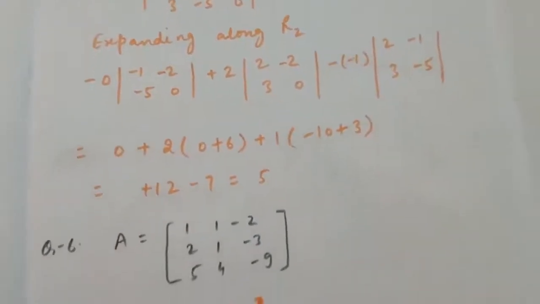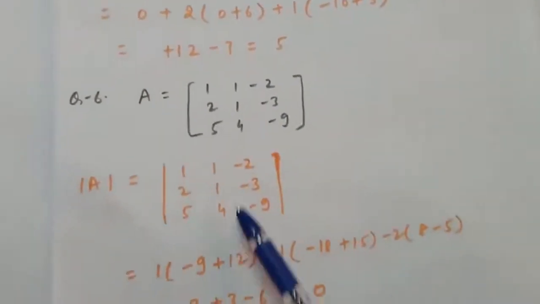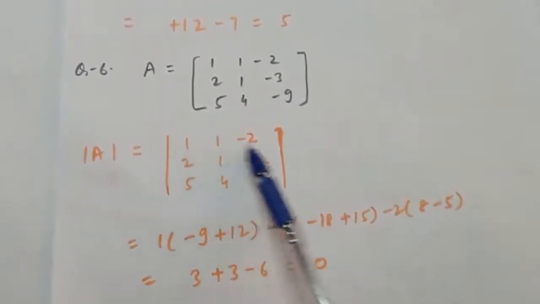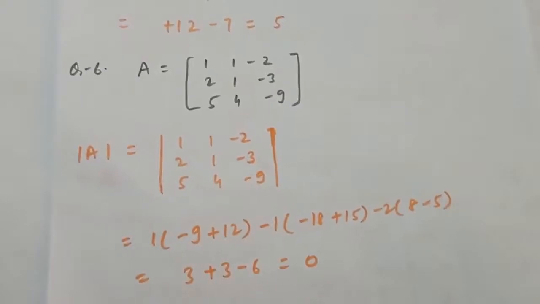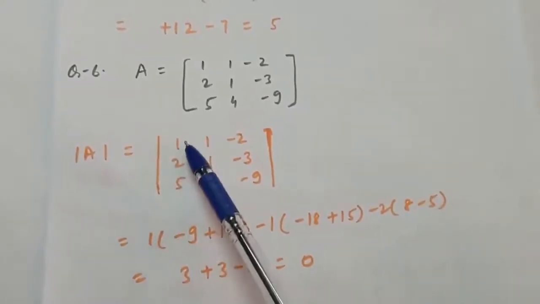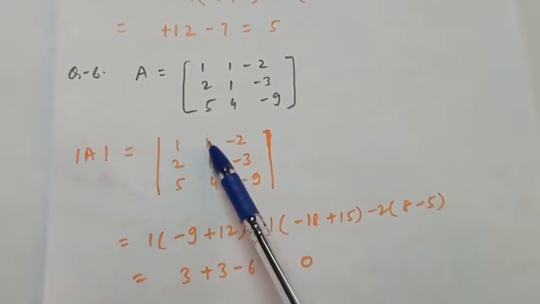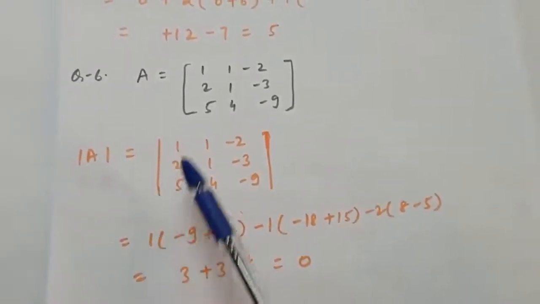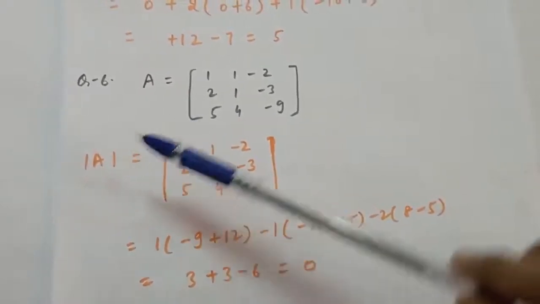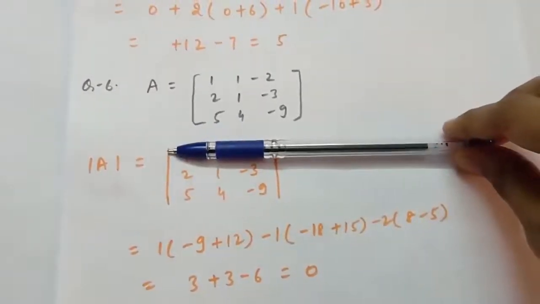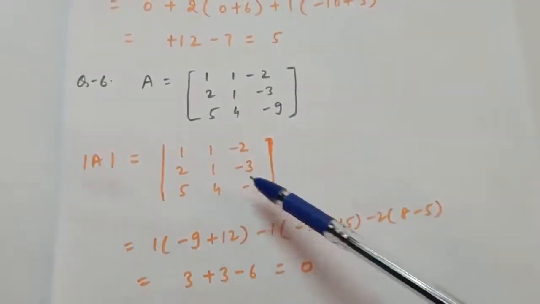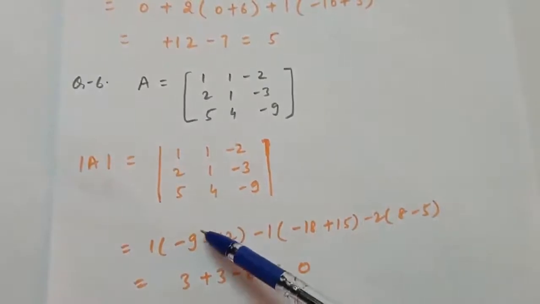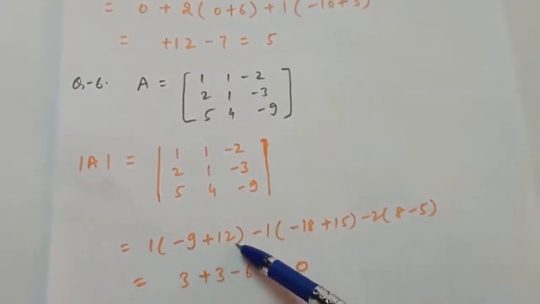Now question number 6. Find the determinant of this matrix. So determinant will be expanding it along row first. So 1, the first element will get multiplied with plus 1, second with minus, and the third with plus. So 1 into, leave this first column and first row. So you will get minus 9, and this is minus 12, and minus comes here. So minus 9 plus 12.